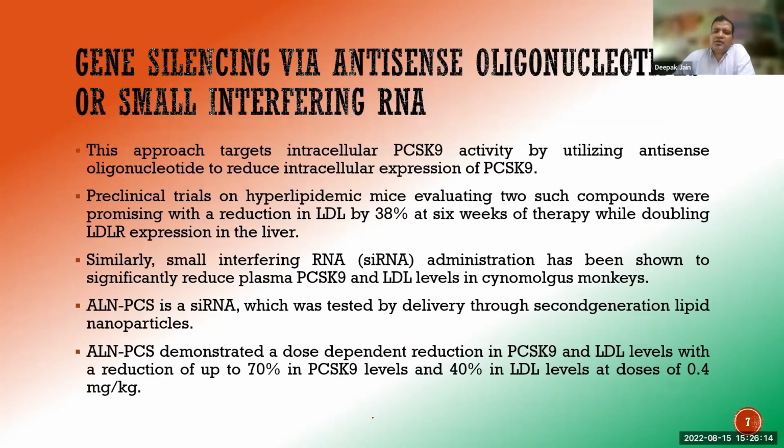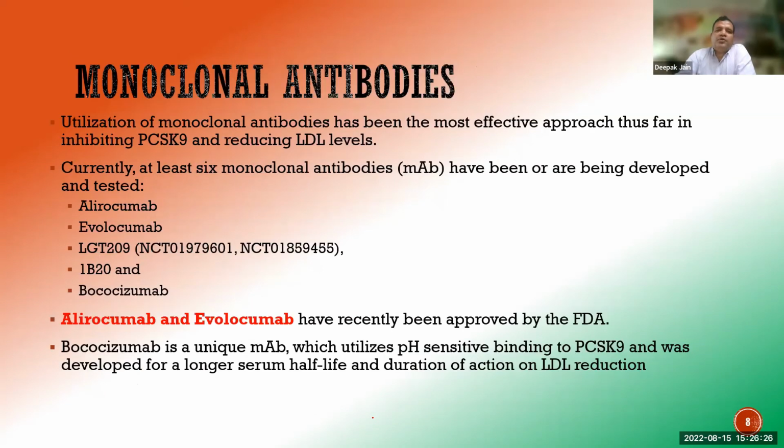Now, the first one is the gene silencing approach that is under investigation, and we do not have any molecule as of now approved by FDA using this particular strategy. Monoclonal antibodies is what we have in the market at the moment. Presently, 6 monoclonal antibodies have been developed and tested. The first one is alirocumab, the second one, evolocumab, and these have been approved by FDA. Third one,